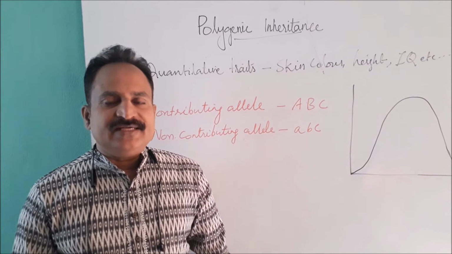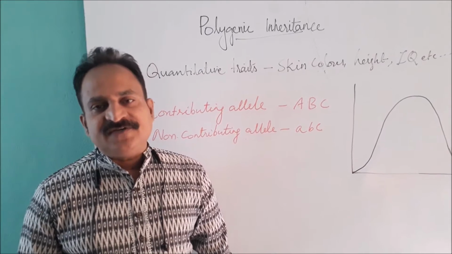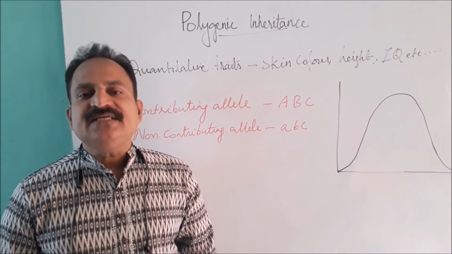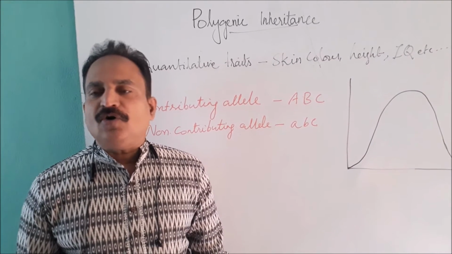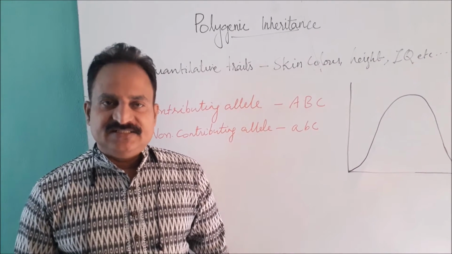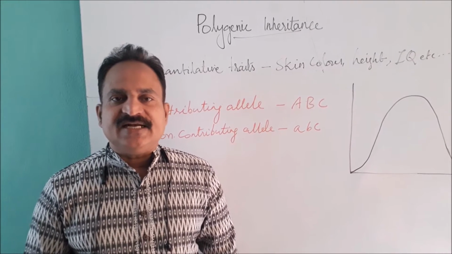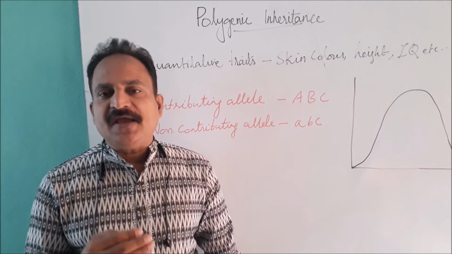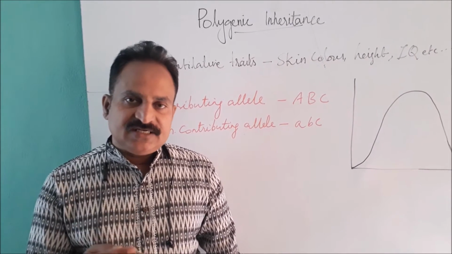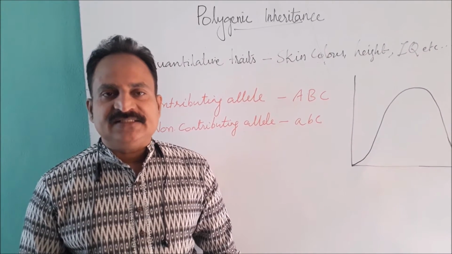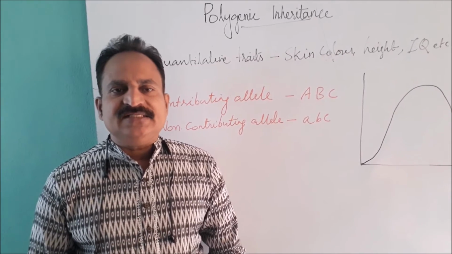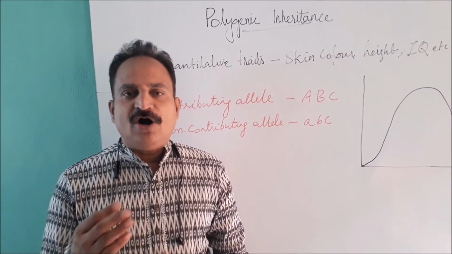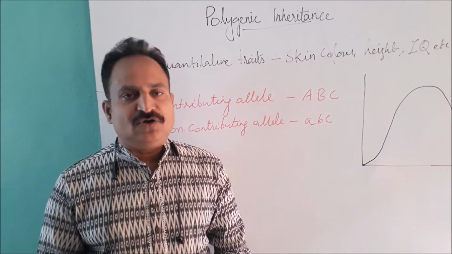It is also known as quantitative inheritance, and refers to a single inherited phenotypic trait that is controlled by two or more different genes. Polygenic inheritance should not be confused with the effects caused by multiple alleles. We already discussed multiple alleles. In the case of multiple alleles, a gene contains several different allele variants on the same locus of each chromosome.